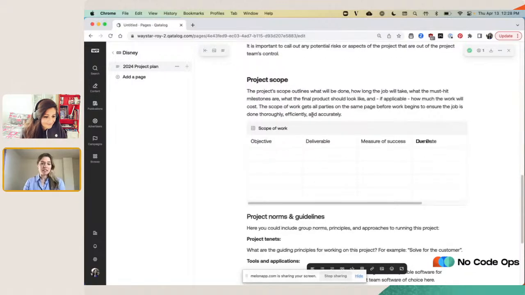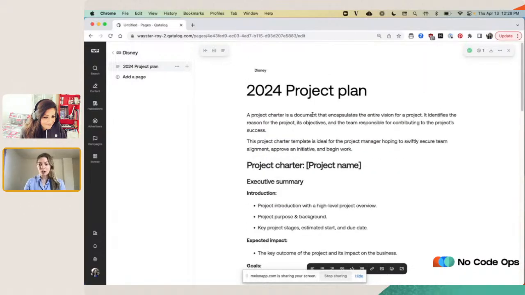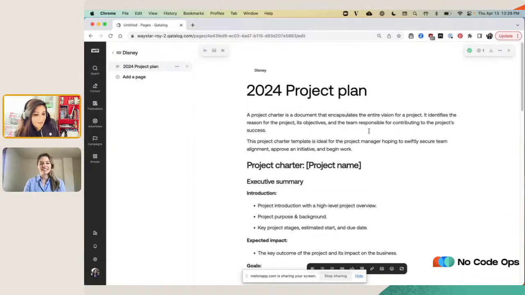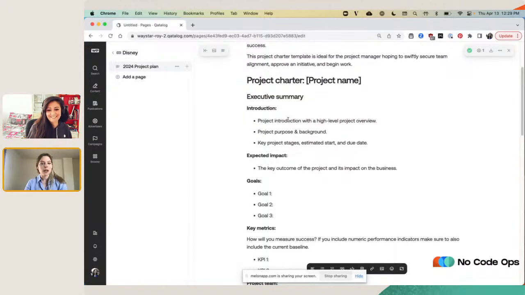So yeah, I just created an out of the box project plan, which is cool. Again, Anthony says, I would like a legal template. Well, Anthony, you can try out Qatalog and ask the AI to make you one. Again, that'll be coming super, super shortly. We don't have a ton of